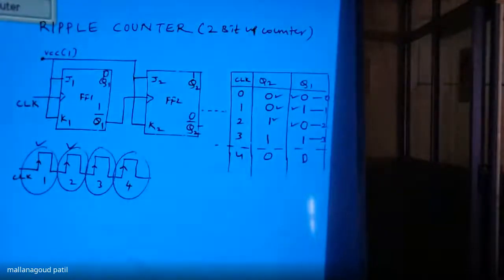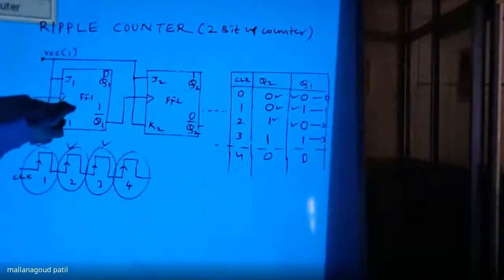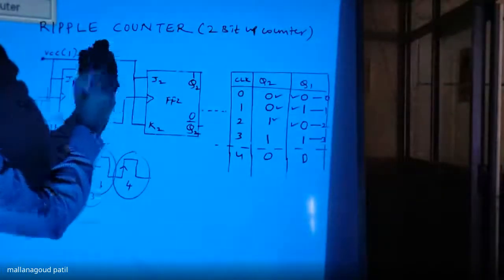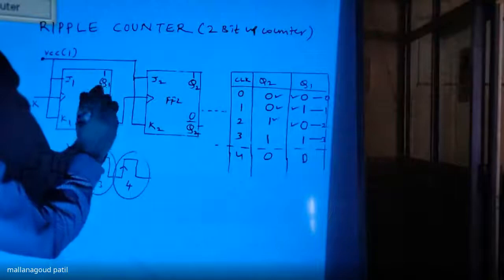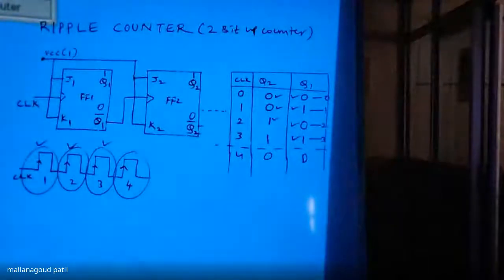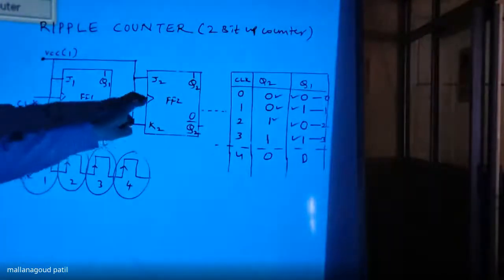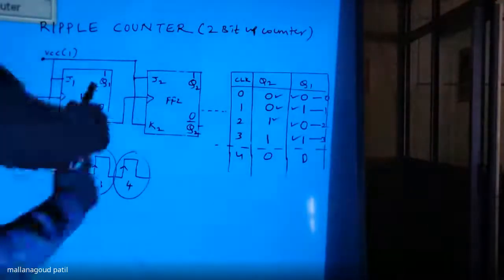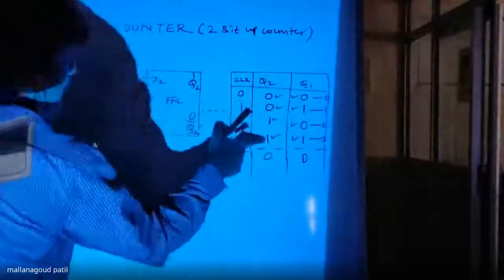It's okay. Next, you can go for the third clock. Third clock, once again the first flip-flop will toggle. When the first flip-flop toggles, Q1 changes from 0 to 1. Then what should be Q1 bar? It should be 0. Then you have to show here 0 to 1, toggling took place. Then once again Q1 bar is 0, connected to the flip-flop 2 clock. Flip-flop 2 will not toggle. Flip-flop 2 will retain. Q2 was 1, now Q2 will be 1.